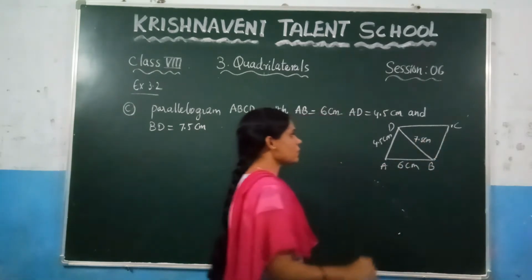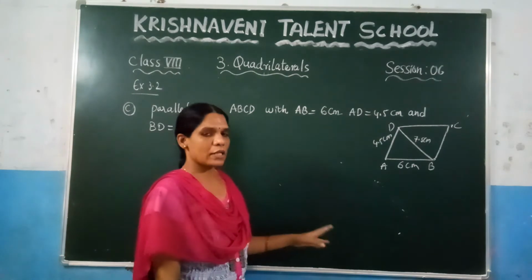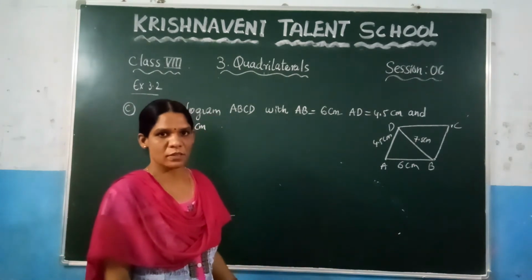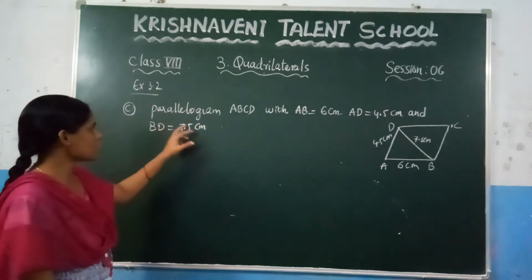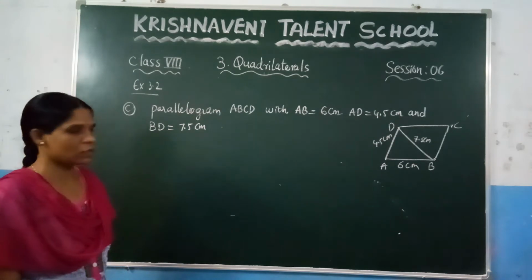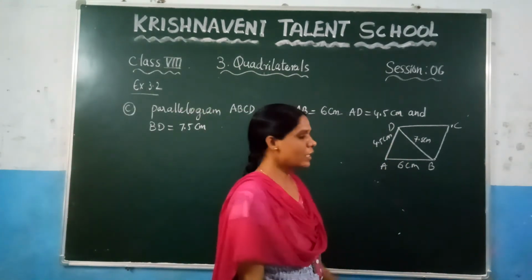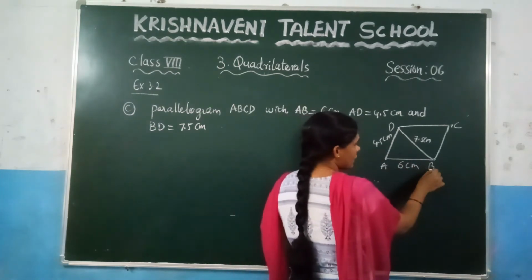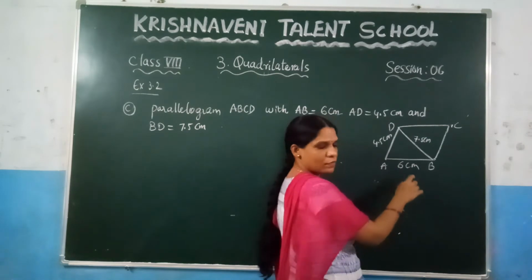So we have marked the measurements that they have given in the question. Now, to construct any quadrilateral we need to know 5 measurements. But here in the question they have specified that you need to construct the parallelogram. So now we are going to use the properties of the parallelogram. You know that in a parallelogram opposite sides are equal, right? So here, if AB is 6 centimeters, what is the opposite side of AB, which is nothing but CD? If this is 6,